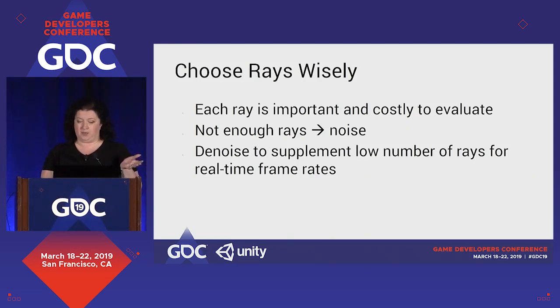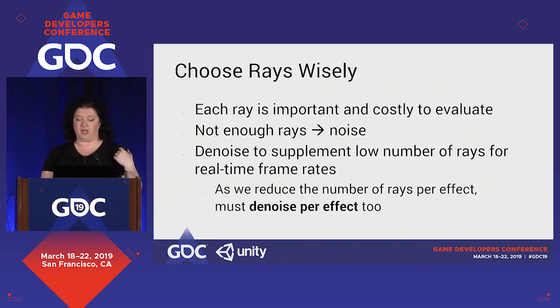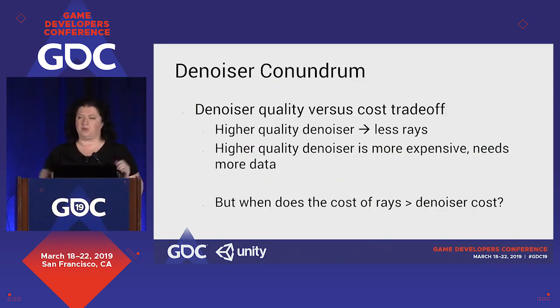Now, we supplement that with a denoiser to keep the rates fast. However, one important thing about denoising is we need to denoise every single effect, because they actually have different qualities, and we need to make sure that we account for that. And so we're in this sweet spot of trade-off between the quality of the actual denoiser and the cost it will take to run it, versus the cost it will take to run more rays, evaluation of rays being the expensive part. Now, we could choose to go to a high-quality denoiser. NVIDIA has a very sophisticated denoiser available that uses light positions, specular roughness. It needs more information. So one, you'll pay the cost to output this information. Two, you'll store it. Three, you'll sample it.